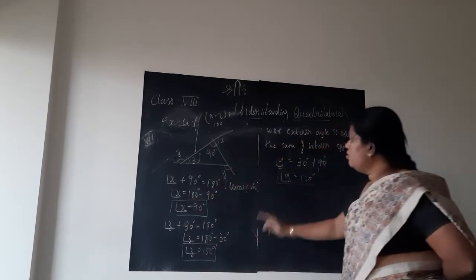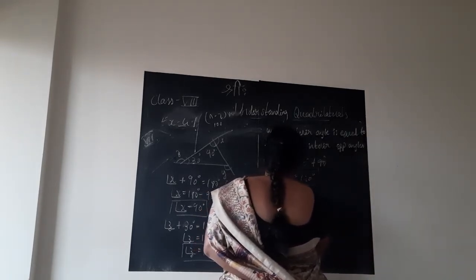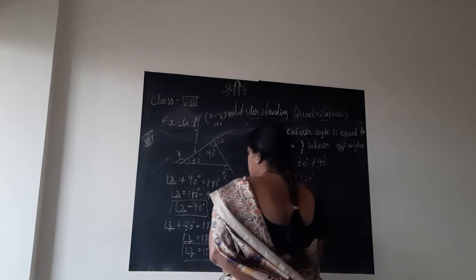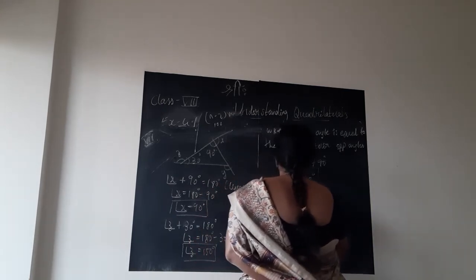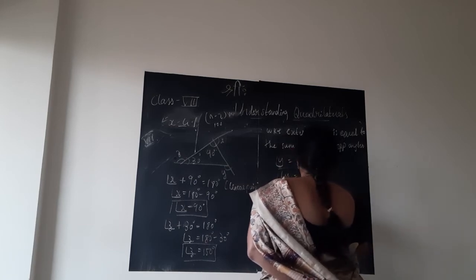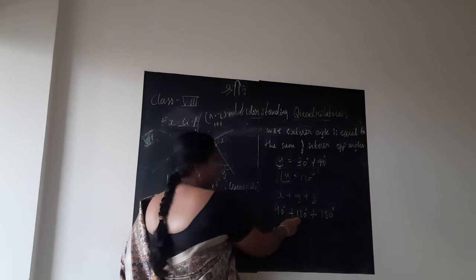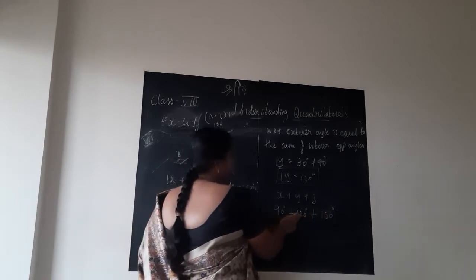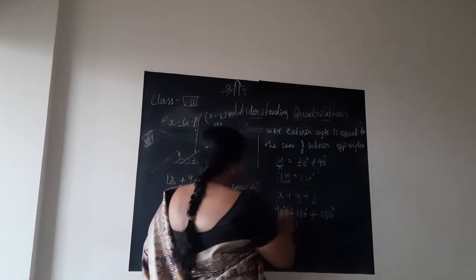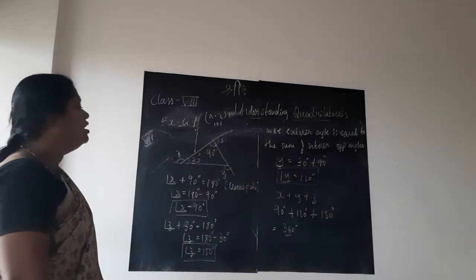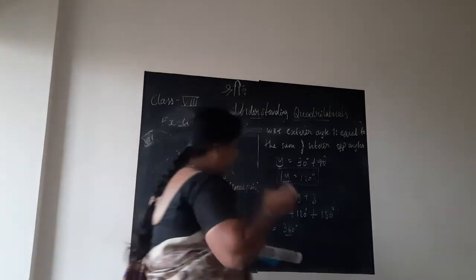Thus we have found all three angles x, y, z, but they are asking us to find the sum, that is x plus y plus z. So x is 90 degrees, y, as we just found, is 120 degrees, z is 150 degrees. Just add them: 100 plus 100, 200, 290, 300, 310 plus 50 is clearly 360 degrees. That is how you will solve the first problem. The second question is also a similar one.